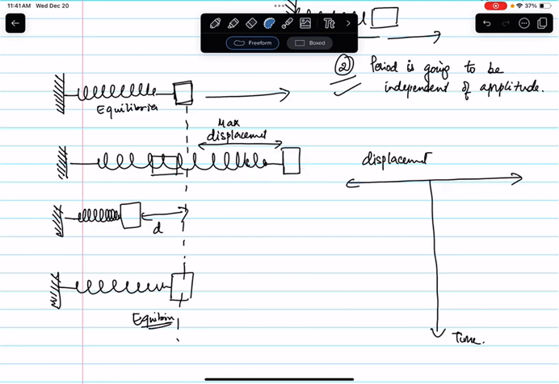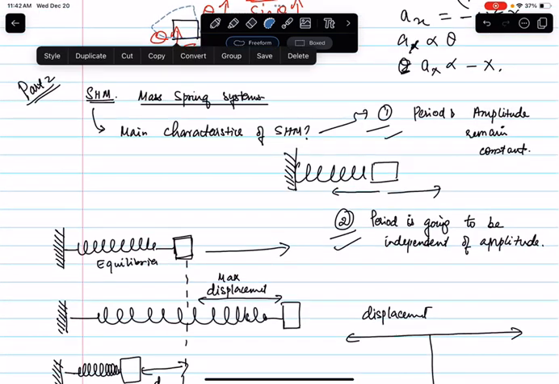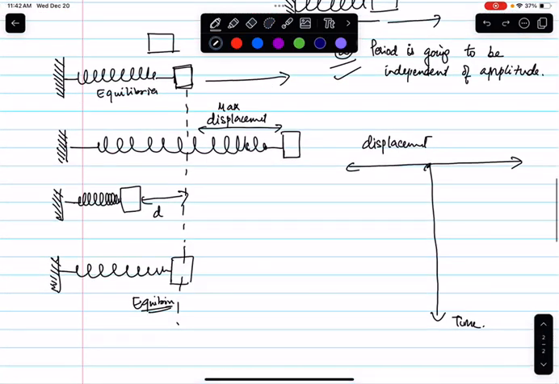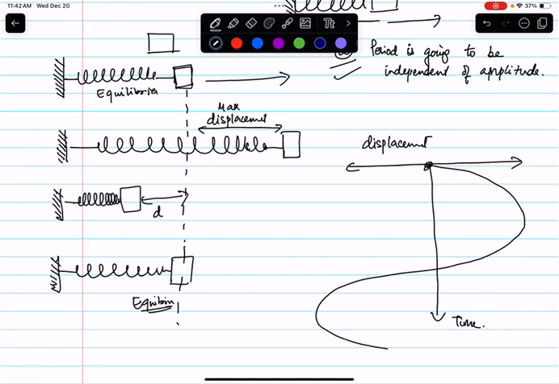Right? So the mass is going left and right, but with time, you're getting this sort of curve that's taking place. Okay? So in this case, the displacement starts at 0. This is time. It goes to the maximum, comes to 0, goes to minimum, comes back to equilibrium. Okay? So as you can see, this is a sine or cosine curve,